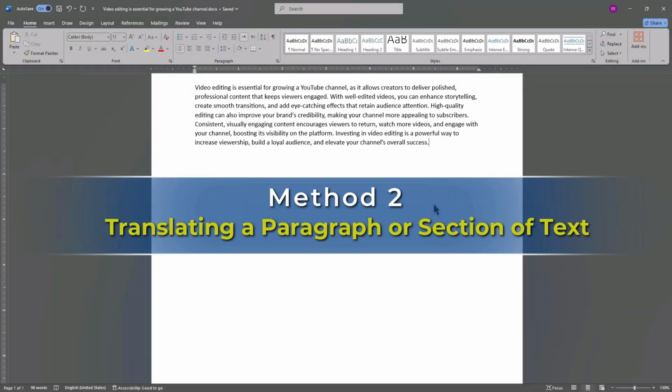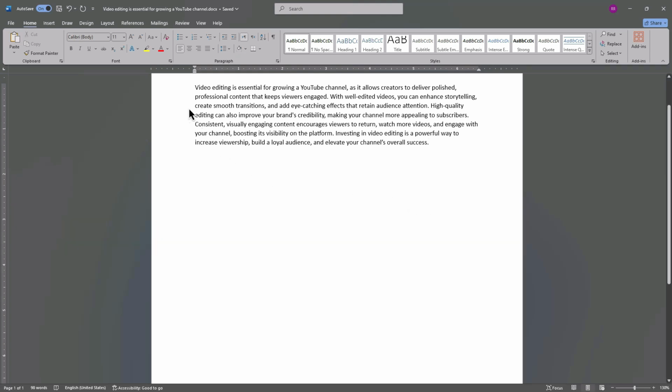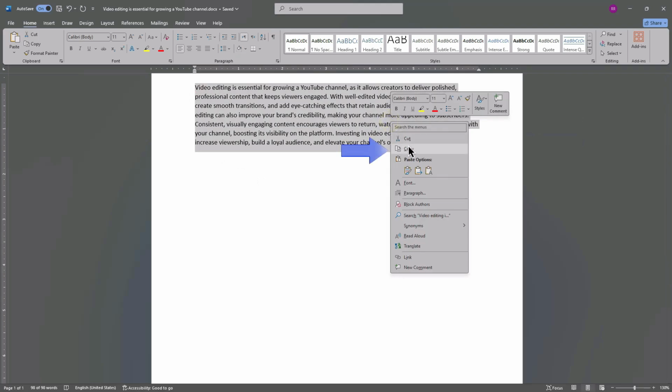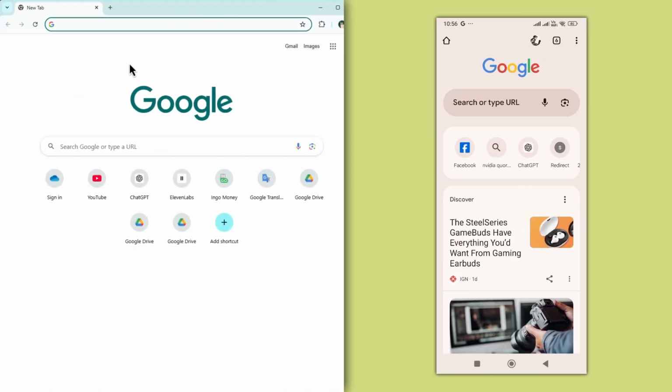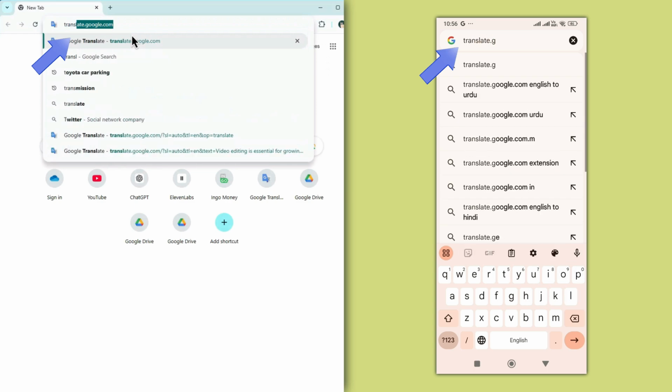Method 2. Translating a paragraph or section of text. For shorter text, here's an easy solution. First, copy the text you want to translate. Open your web browser on either your mobile or desktop and go to translate.google.com, the link is also in the